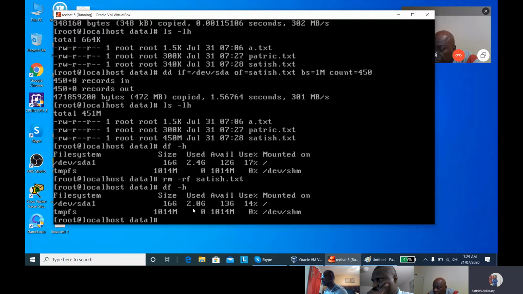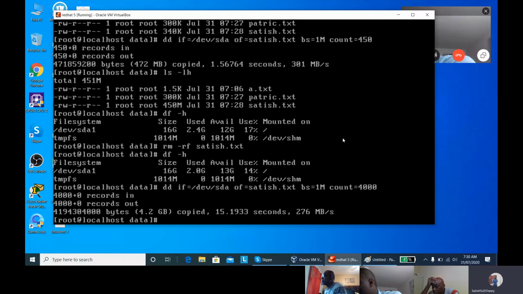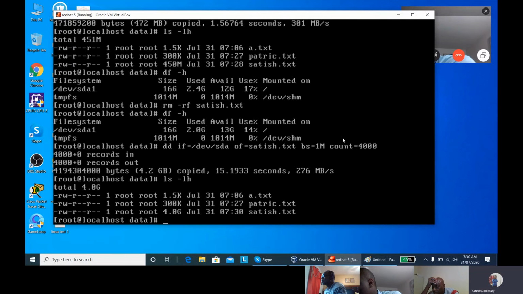See, if I create a file of 4 GB, that's the size you want to assign for the file, 4,000. Okay, it will be a 4 GB file. Now you can see the file size is 4 GB, right?